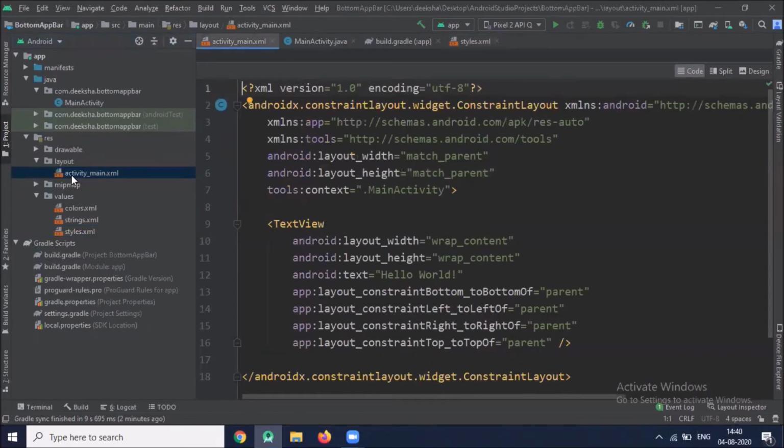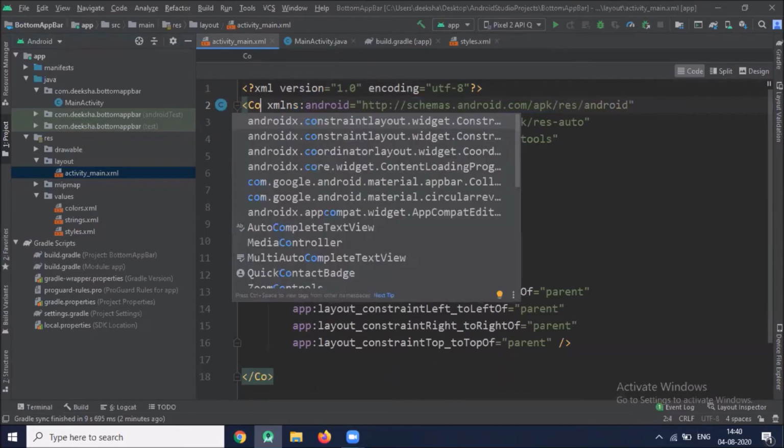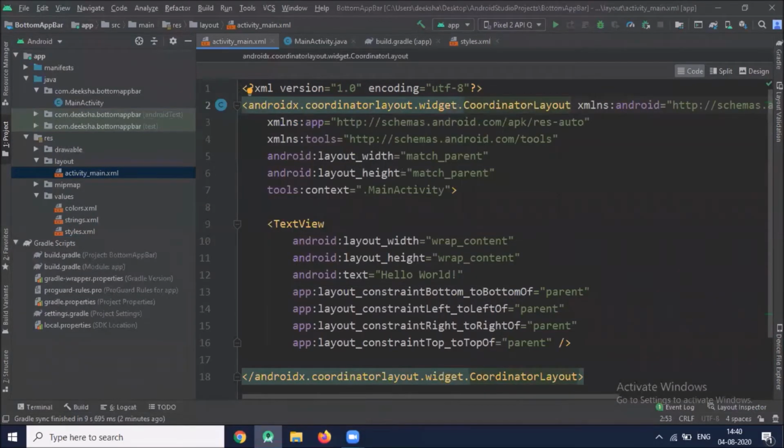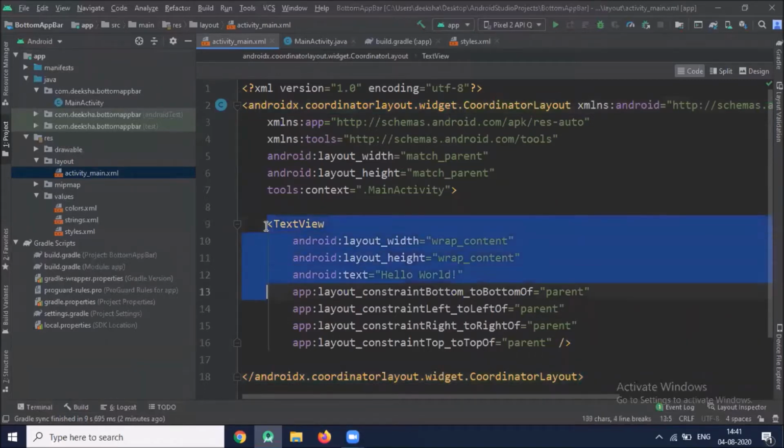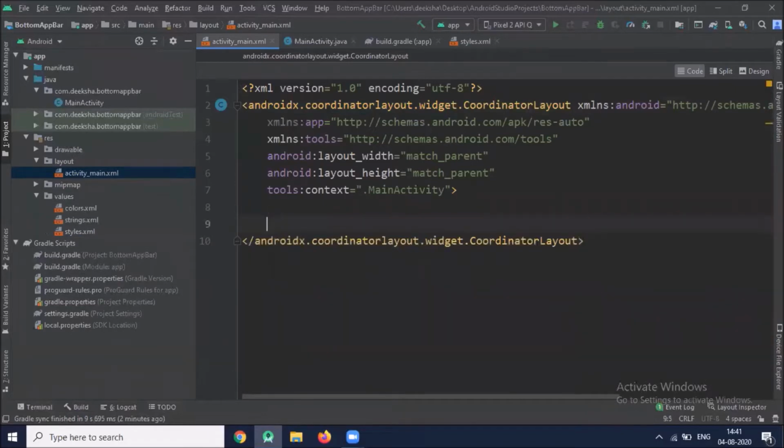And in this file, we will add bottom app bar and floating action button. So here we use coordinator layout. And inside this, we will add bottom app bar.